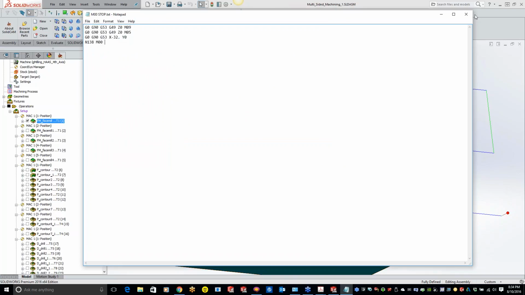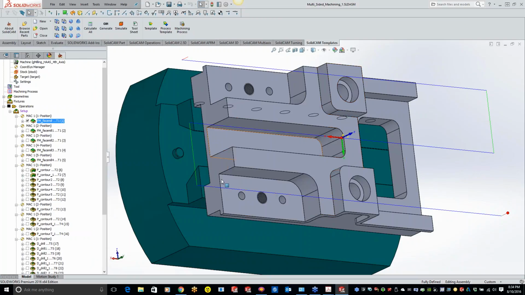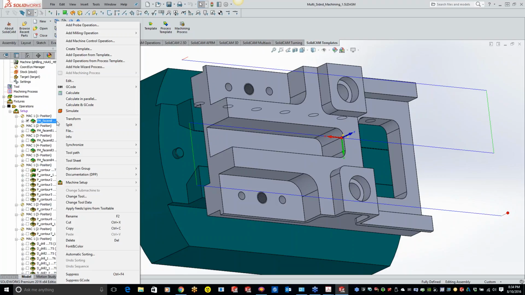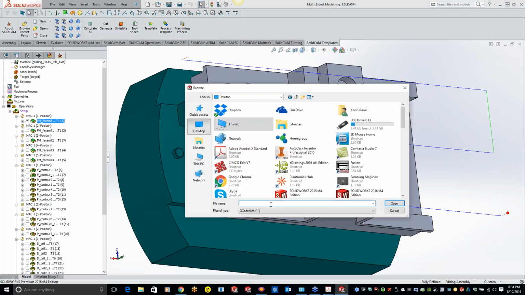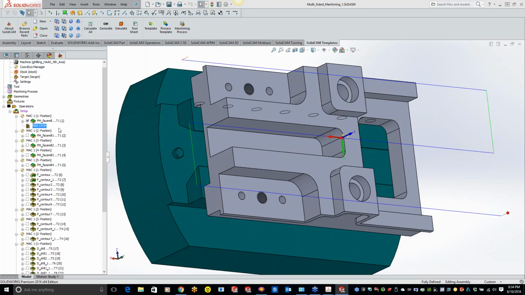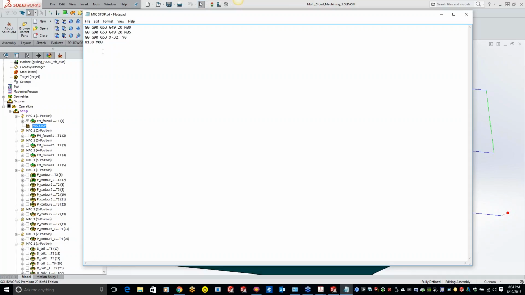Save that. You can save that wherever you want. Now I can come in here and do a file, go to the desktop, look for M00 stop, hit open, and it's going to insert that G code in there for you. So when you G code everything out, it's going to have that M00 stop in there with the custom G code that you wanted to add.